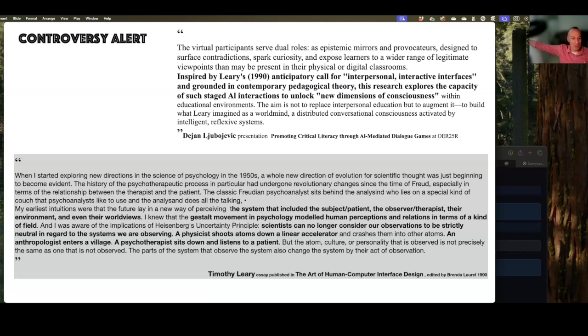Social media and social networks had not even been conceived. He was talking about interpersonal computing. In my paper, I talk about epistemic mirrors, these agents provocateurs. The AI can be an epistemic mirror and provocateur, creating this kind of interactive field. Timothy Leary talks about the Gestalt movement in psychology at the time, which modeled human perceptions and relations in terms of a kind of field. And he was aware of the implication of Heisenberg's uncertainty principle: scientists can no longer consider observations to be strictly neutral. A physicist shoots atoms down a linear accelerator, an anthropologist enters a village, a psychotherapist sits down and listens